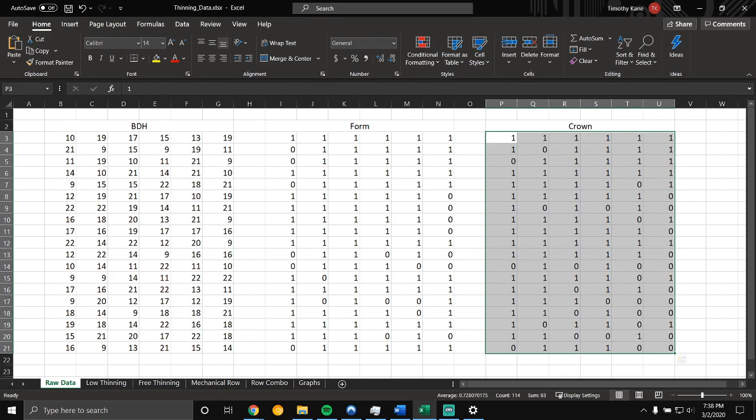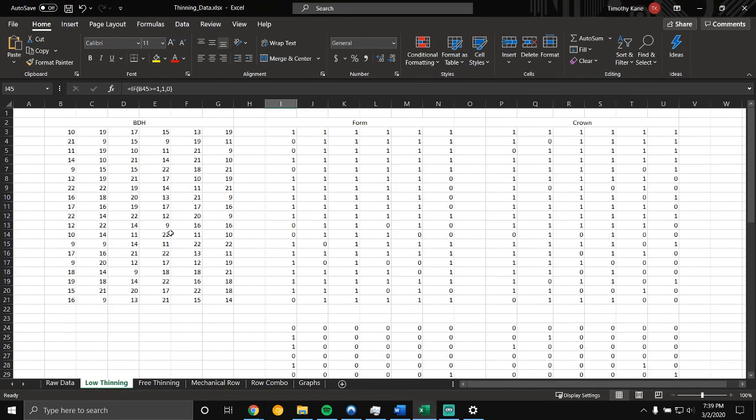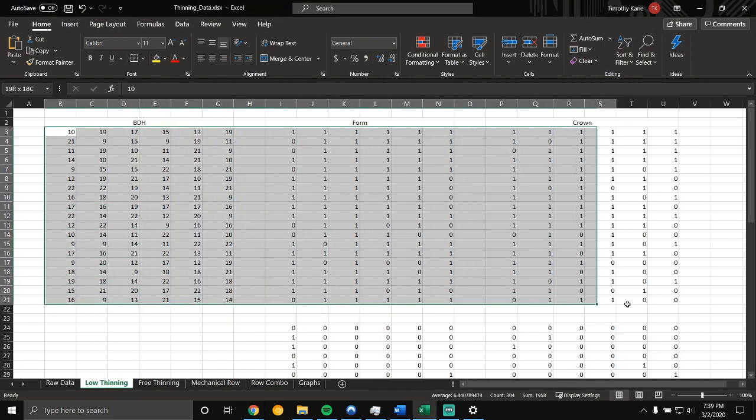So the first thing we'll have to deal with is the low thinning. This involves removing trees that are in the lower crown class and some poorly formed or undesirable codominants. This will leave essentially codominants and dominant trees. This is also called a thinning from below. So here we have that same raw data, just laid out in a different